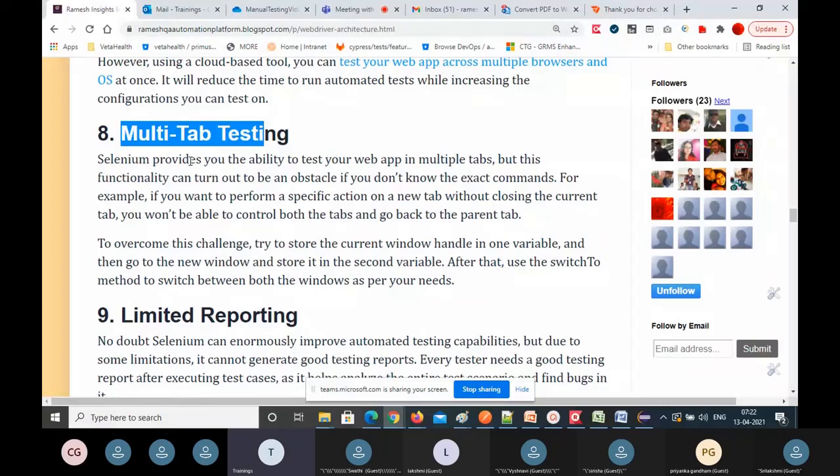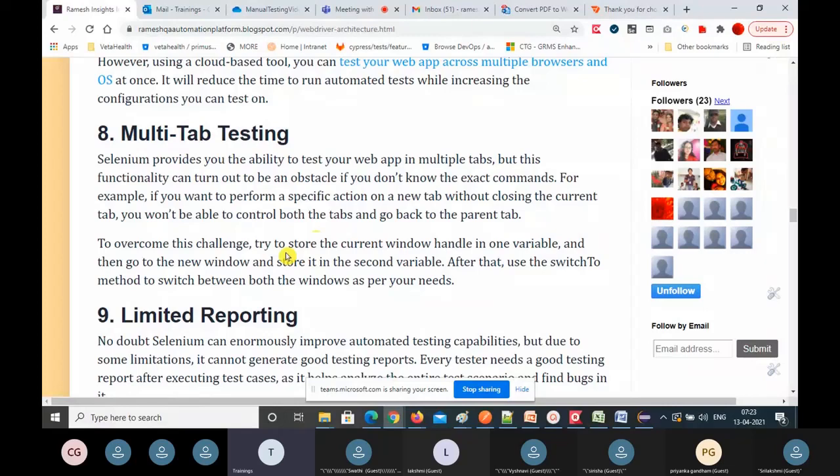So that's this multi-tab testing. So how to handle this? I'll tell you. We have the switchTo method, and the window method, and you will pass the window ID for each window. There is an ID. That ID you need to get, and that ID you will pass to the window method as an argument.